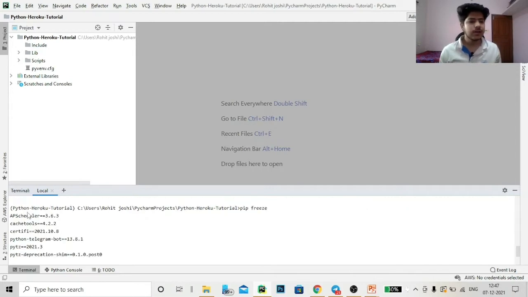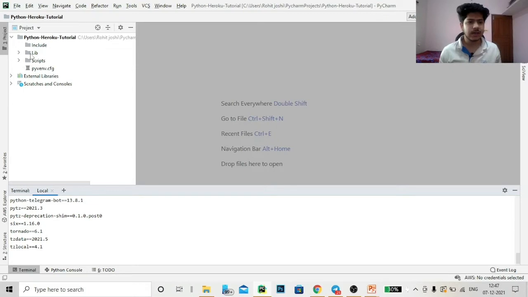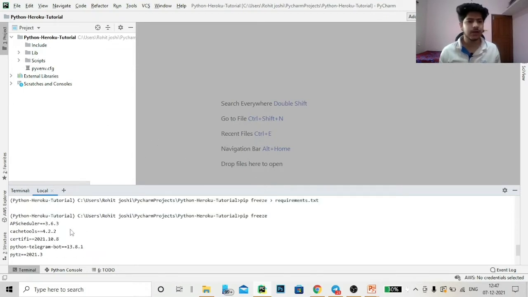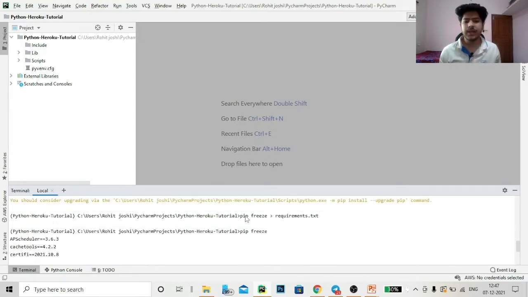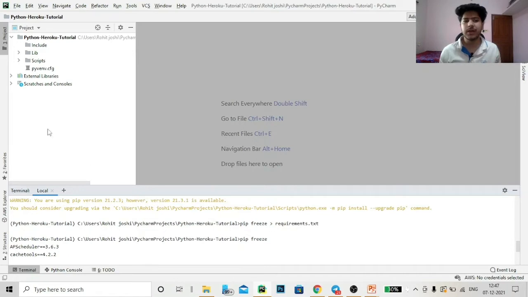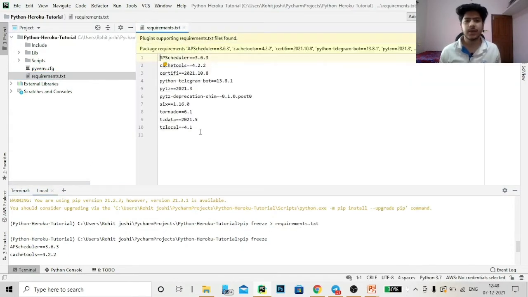Pip freeze gives you all the libraries that you have installed in this particular virtual environment, along with their versions. This command has created a requirements.txt file here. You can see the file is created automatically, and all the libraries are there with their current versions. So you don't need to write these manually. Here requirements.txt is done now.